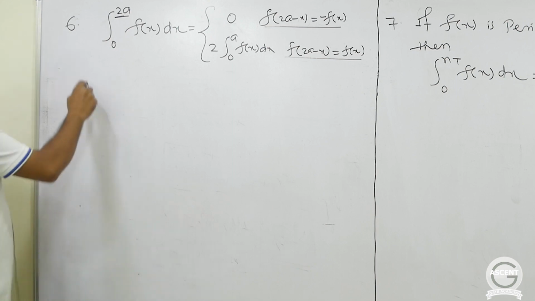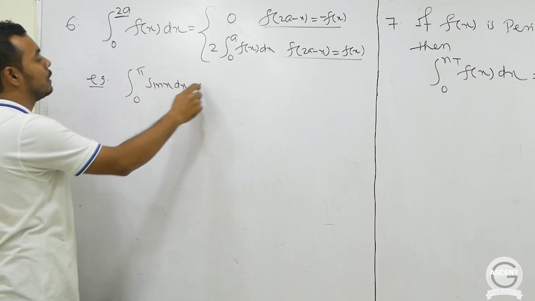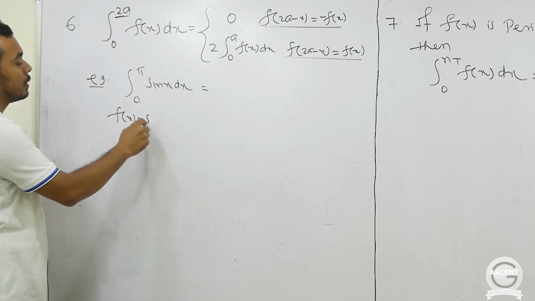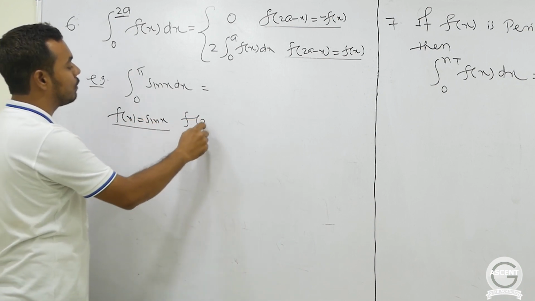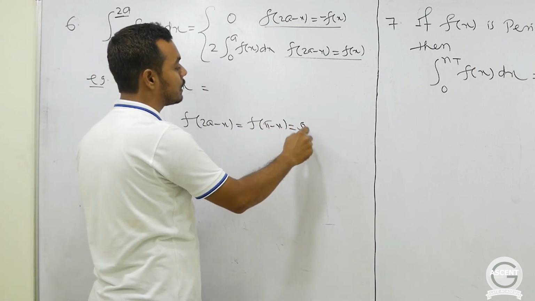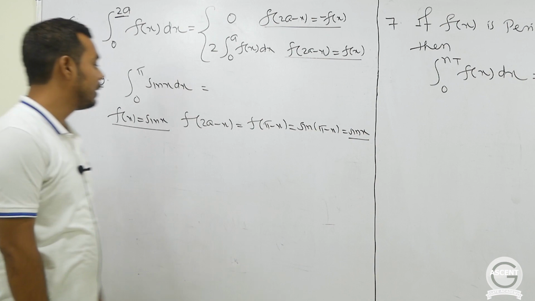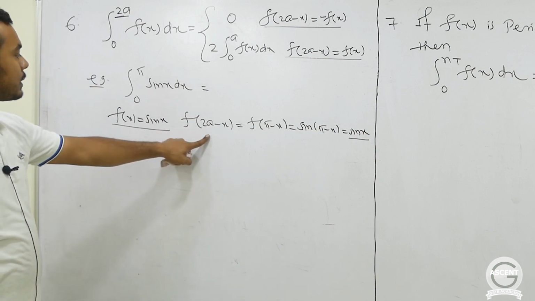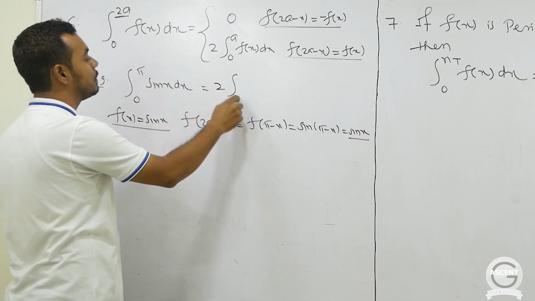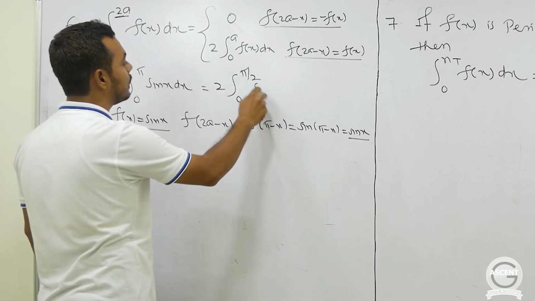Okay, so for example, suppose I have this integral, say 0 to pi of sin x dx. If you compare with this standard form, then f(x) is sin x, and f(2a - x) will be f(pi - x), which is sin(pi - x), and sin(pi - x) is simply sin x, right? So here f(2a - x) is equal to f(x). This means you can write this integral as 2 times the integral from 0 to a. Now 2a was pi, so a will be pi by 2, so 2 times the integral from 0 to pi by 2 of